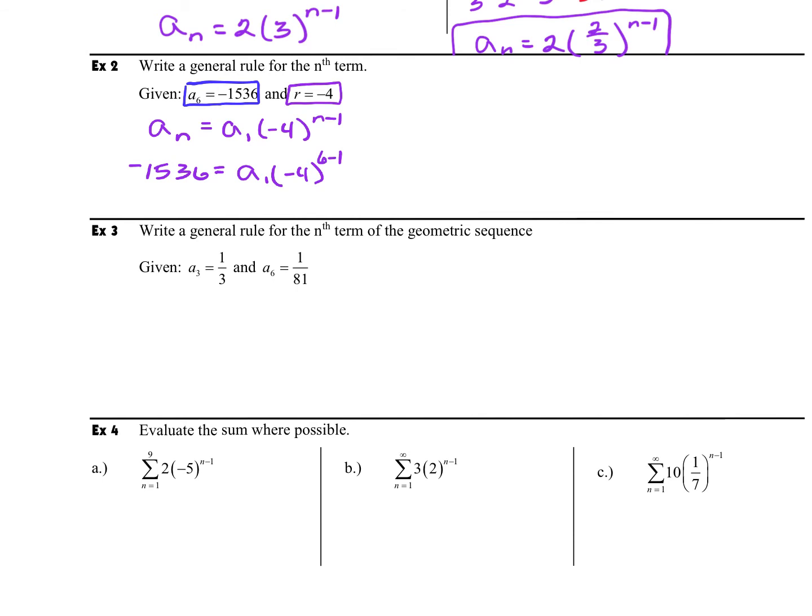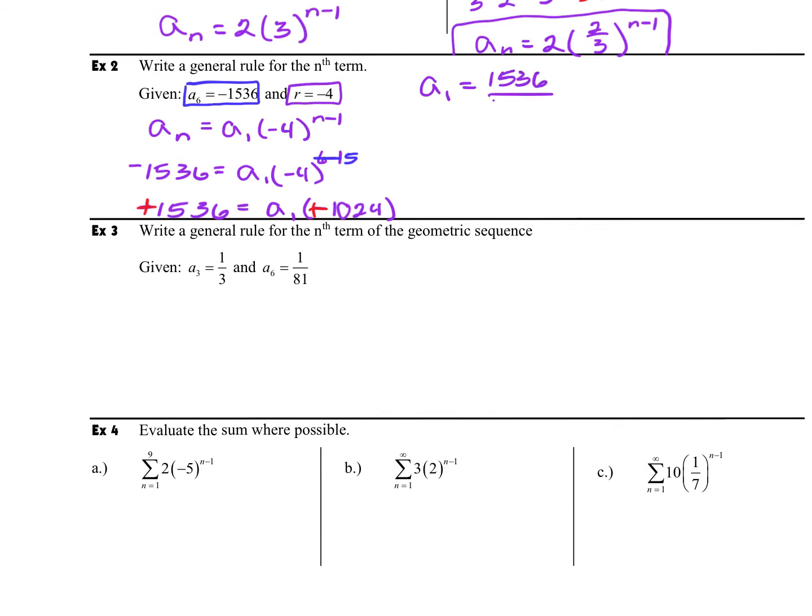Now from here, what I'm going to do is start to simplify this and clean this up. So I'm going to have my -1,536 and my a sub 1, and my -4 to the 6 minus 1 is really the -4 to the 5th power, okay? And that's going to give me a negative, because remember, my negative to an odd power is still going to be negative 1,024. Now, when I go to solve this, I can immediately see that my negatives are going to cancel out. So I like to get rid of those as soon as I can. So my first term, my a sub 1, is going to be